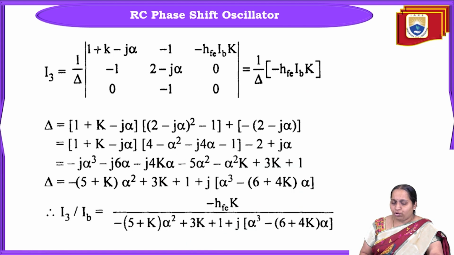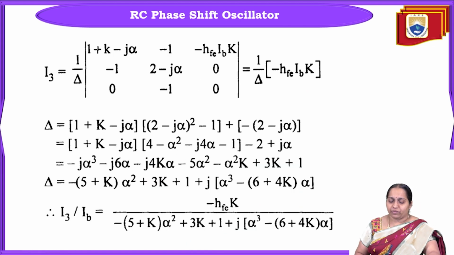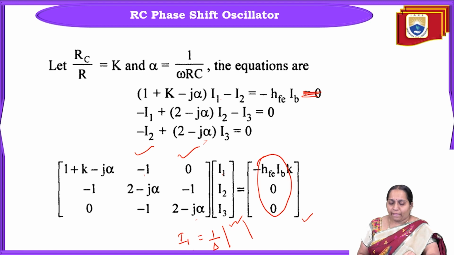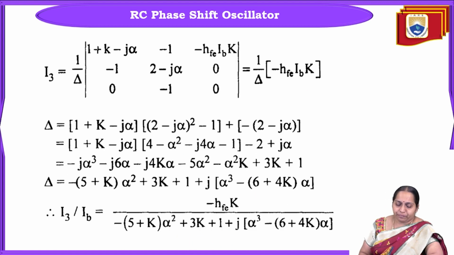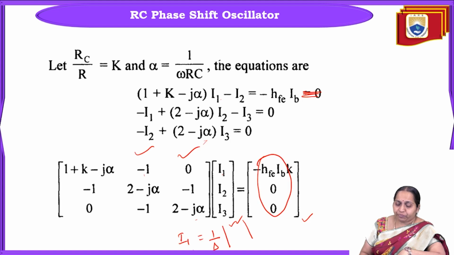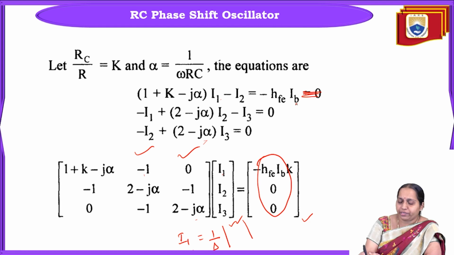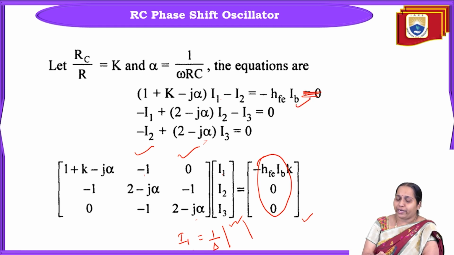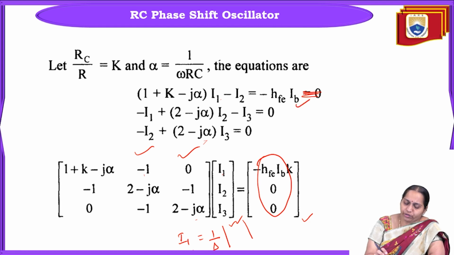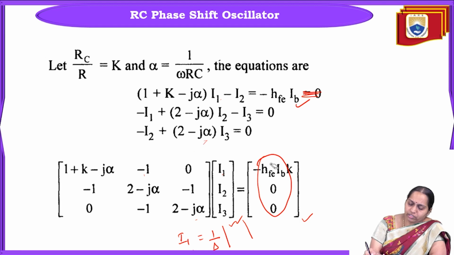But since I want to find HFE into IB, that is, I want to find I3 by IB, and I have IB here, I'll first try to find I3. So if I want to find I3, what is the method that we are going to follow? I3 equals